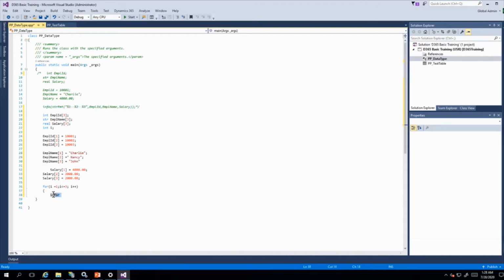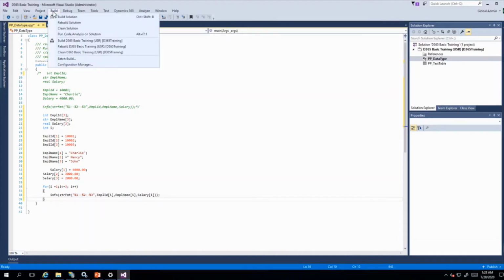See, only in this case you have to write the index I. Let me build this.